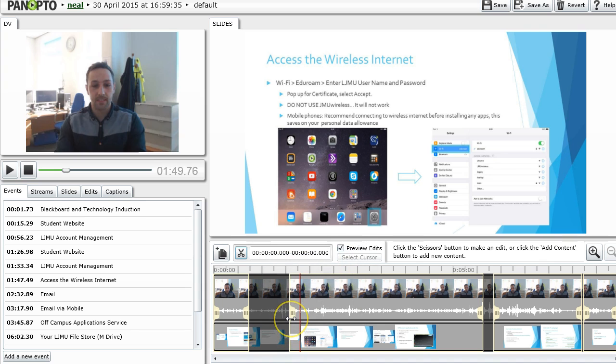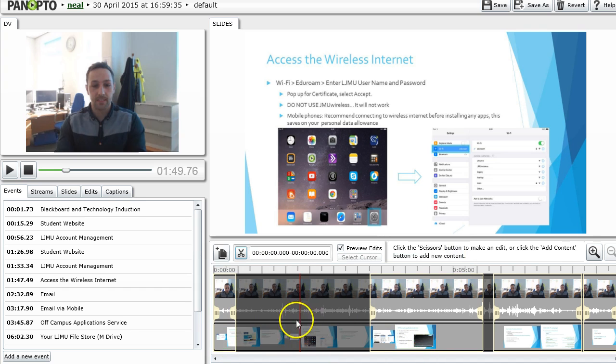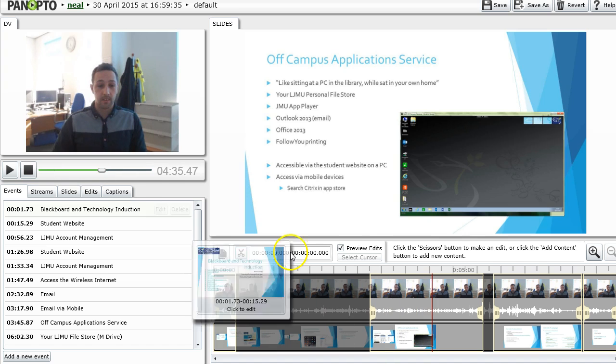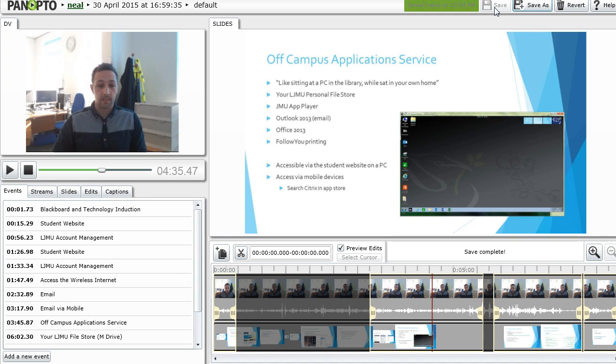I can increase this area by moving up the little toggles on either side, and so then I only have these portions available and then the darker areas are hidden. So if I actually previewed the recording, it would only actually show the lit up areas in the final recording, and so all I'd need to do is click save on that, and those areas would then be what is shown to any students if the recording